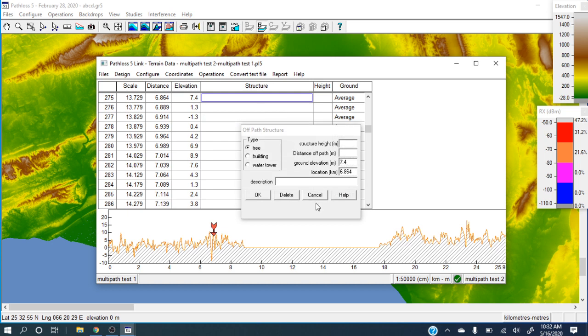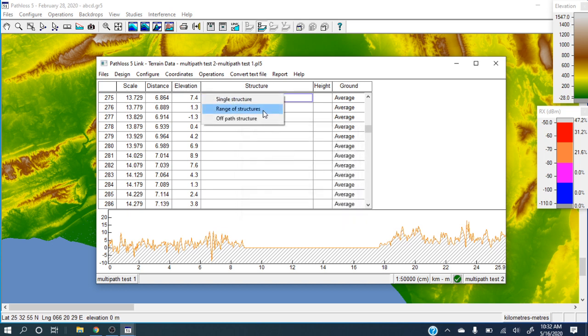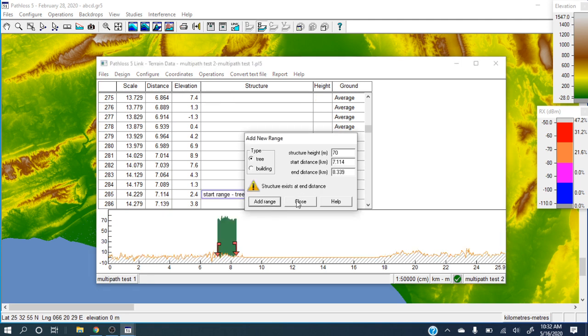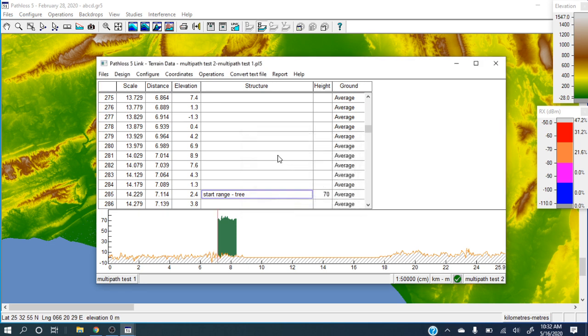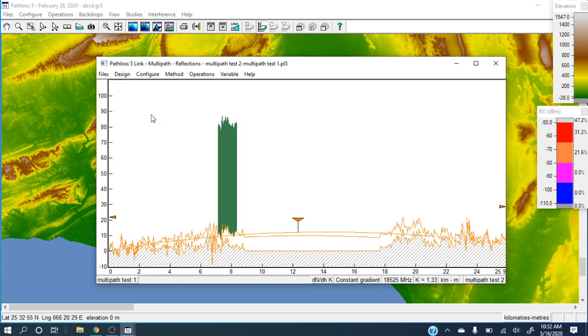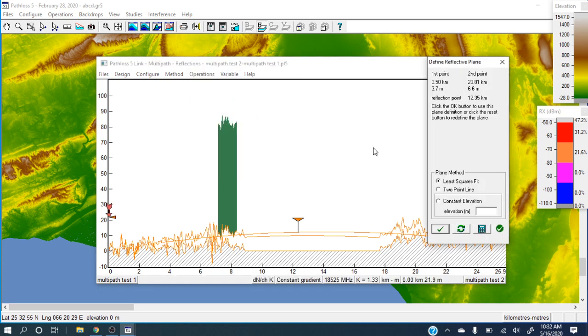So there's a range of structures of trees, and this range has very high trees, 70-meter high trees. They are going from here till here. Okay. So now if we have to pass this structure, then